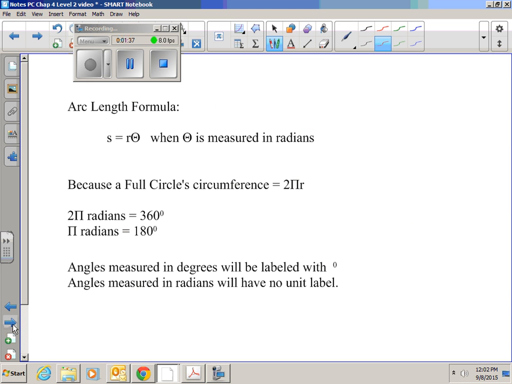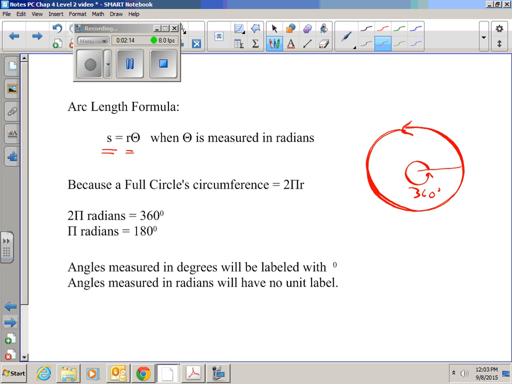This brings us to a very nice formula. The arc length formula says s, arc length, is equal to the radius times theta, when theta is measured in radians. Because of a full circle, if I take a circle, its arc length the whole way around is 1 circumference of the circle. So this angle, if I measure all the way around, is going to be 360